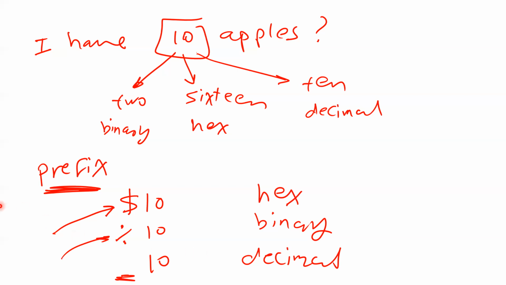Sometimes you can guess, but not always. For example, if I tell you F2, you don't need to think about it. It cannot be binary, because F and 2 are not binary digits. It cannot be decimal because decimal does not have F, so it has to be hexadecimal. But it may be other systems, because we're not only limited to these 3 systems. We have other systems. But in this course, we're only going to use these three systems. You have to put the prefix here to tell me. I'm not going to guess. You have to tell me.